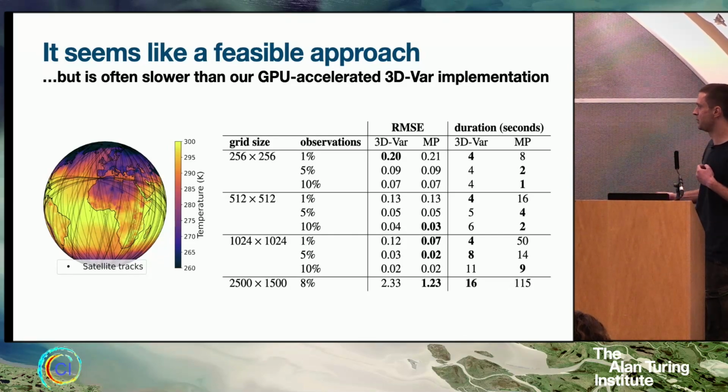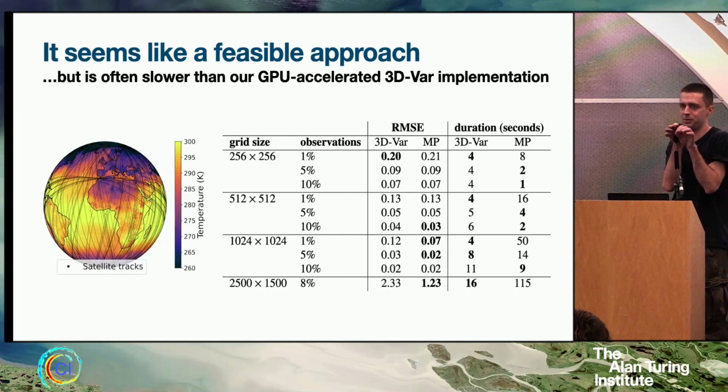And so in this table, you can see we're looking at different grid sizes and different observation densities. And the RMSE, so this is again in Kelvin because it's temperature, basically it's comparable in terms of the final error, but in terms of computation time, we do all right, for example, here, here and here and here, where we have high density observations. But when the observation density